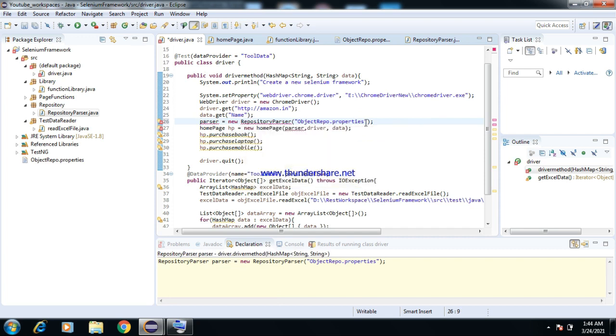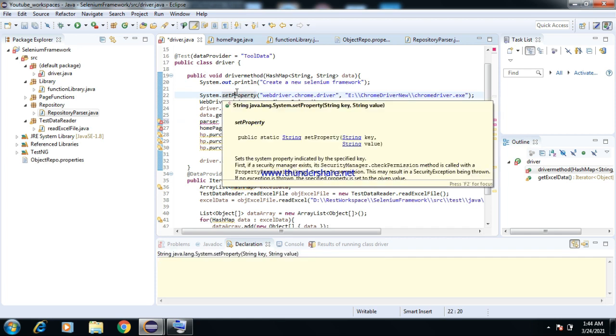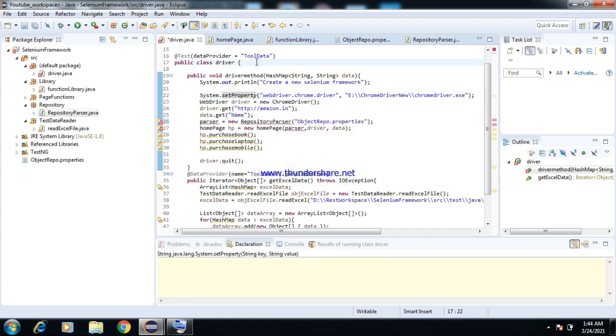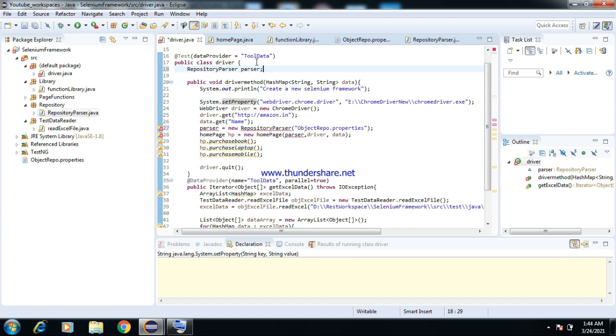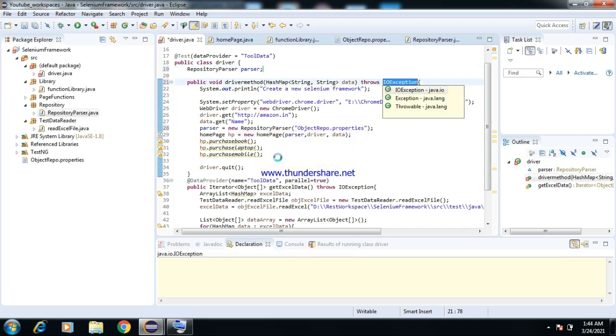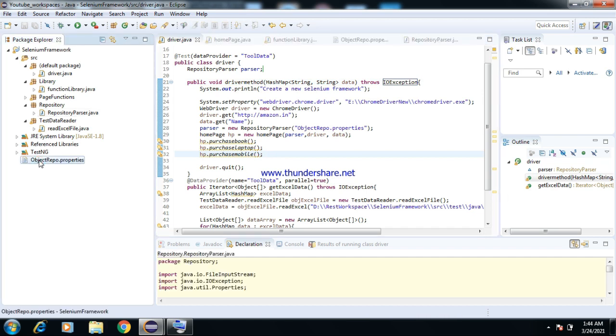Import the repository parser. Let me initiate the parser globally and import that. I'm saving it, the error has gone. Now we are all set to pass the data from this properties file.